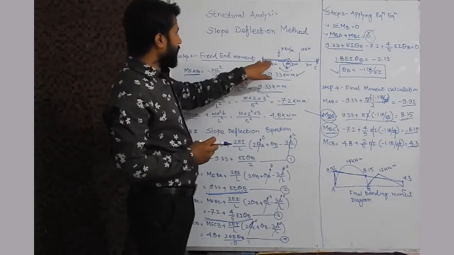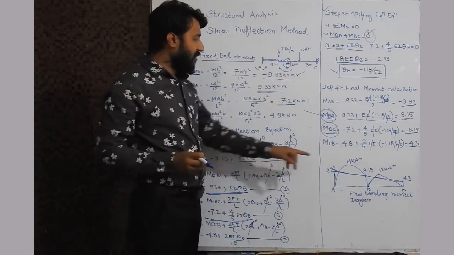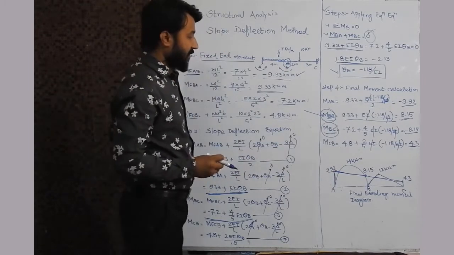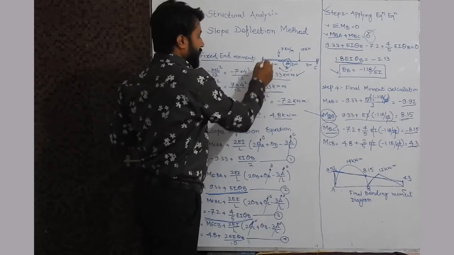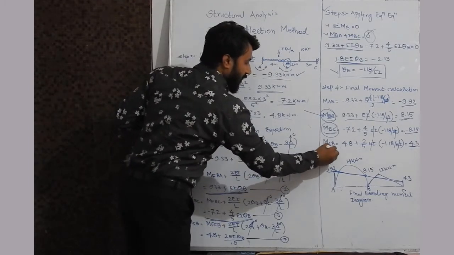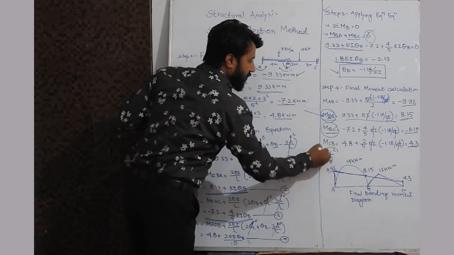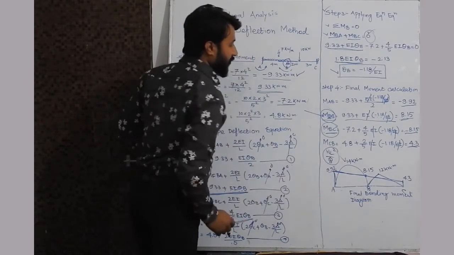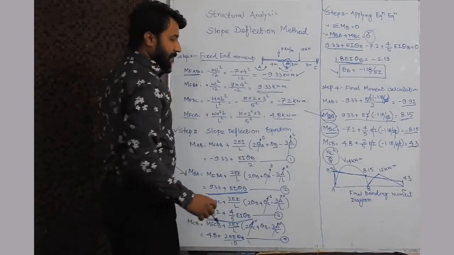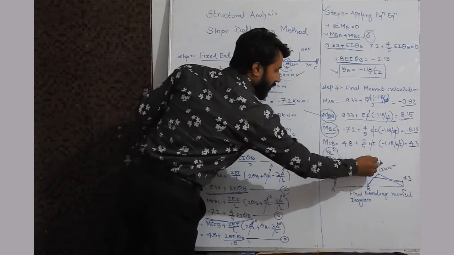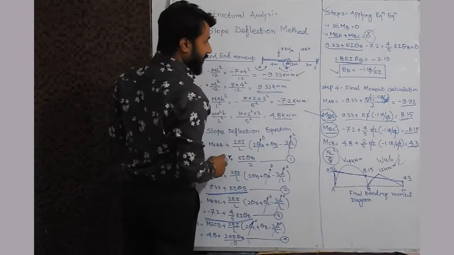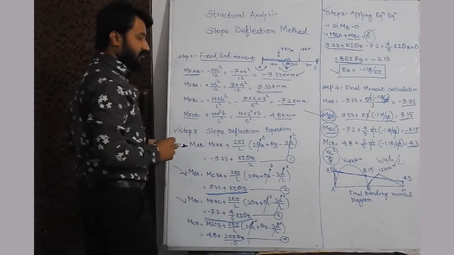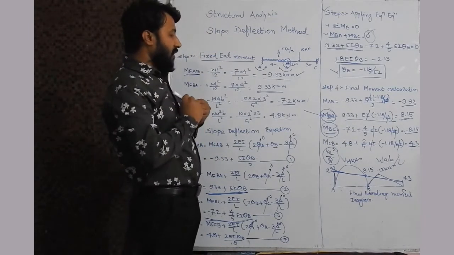Now according to this load, we will calculate the free bending moment diagram as well. So this is 7 into 4, so this will be equal to WL square by 8. You are getting 14 kilonewton meter. And this is WAB by L. W is 10, A is 2, B is 3, divided by 5. We are getting 12 kilonewton meter.